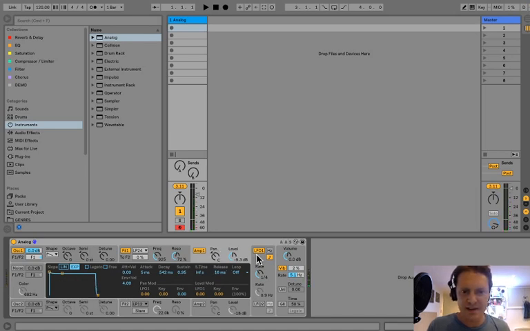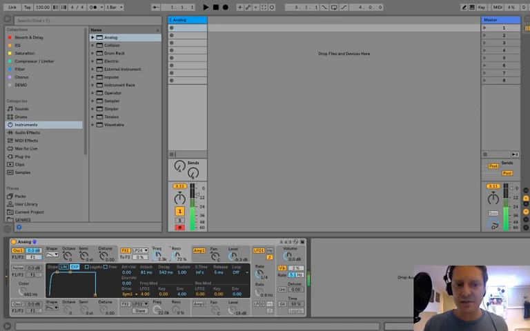So to start the LFO actually affecting things, you need to click on what you want the LFO to affect. So at the moment, we can have it affecting the filter here. And we've got the LFO1 down here. So if I start turning this up, that's basically affecting the frequency. So if I turn the frequency up, you can't hear it affecting it. If I turn it all the way down,